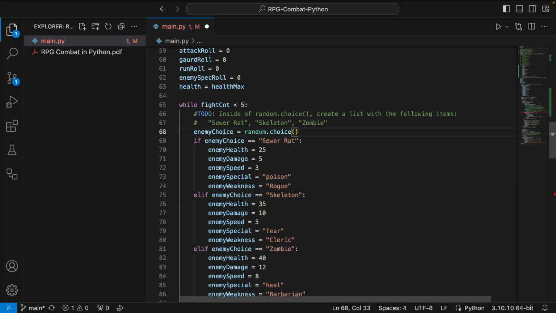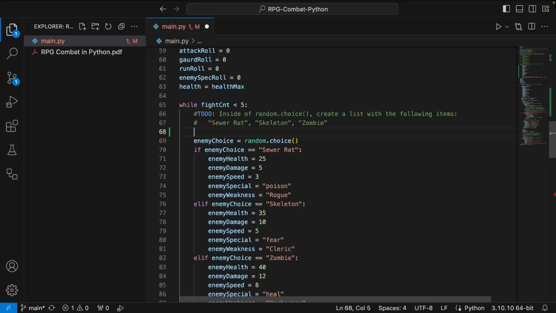How do I make a list of strings? You can create a variable. So where would I create that variable? Okay, and what should I call it? Enemies. Okay. How do I make a list? Square brackets. Sewer rat. Yeah, that's French.